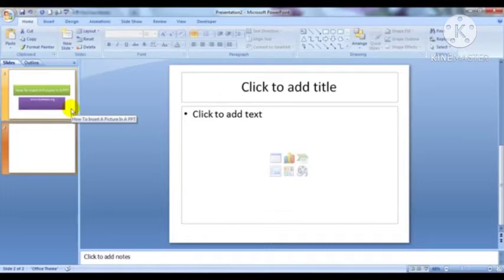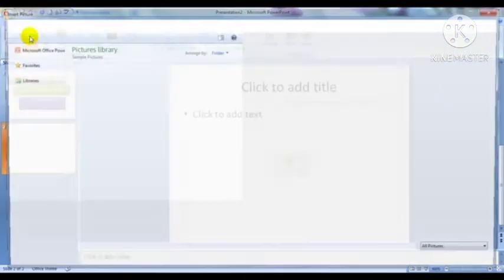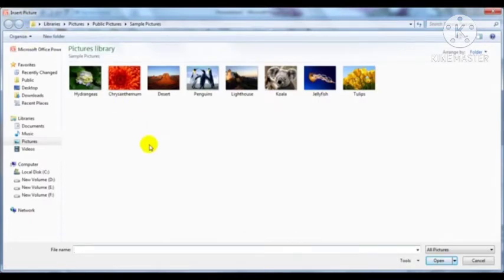And second step, an Insert Picture window opens on the screen. It allows us to choose a picture from a folder on the computer. Click on the Insert button to insert the picture.